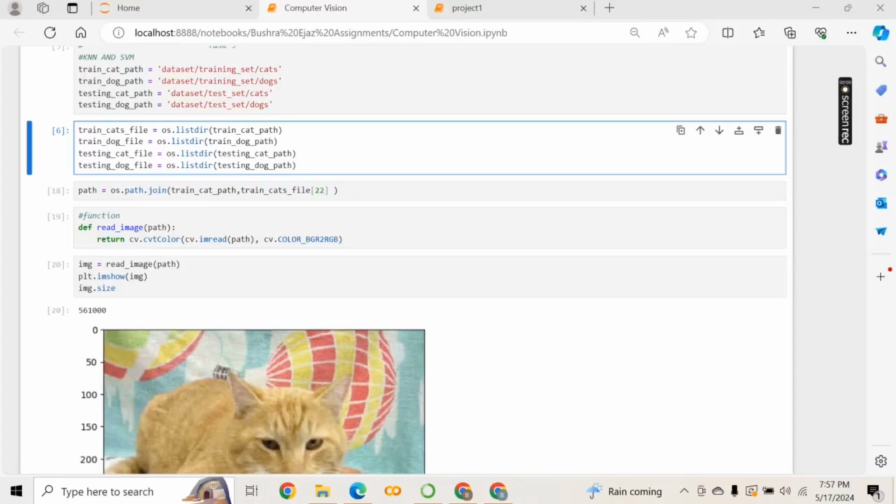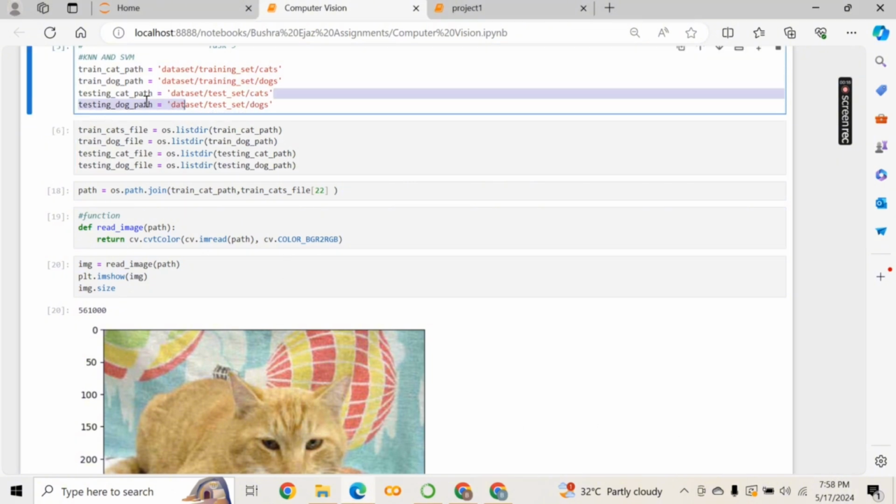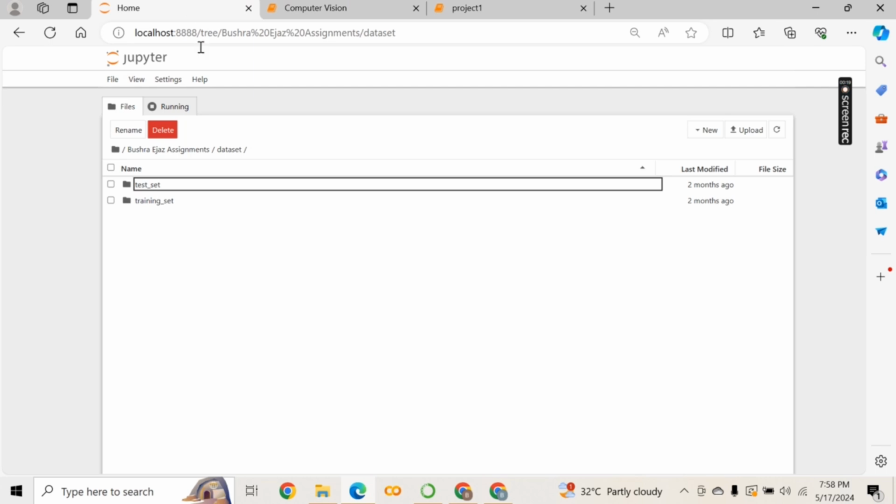Hello everyone. In this video, we are going to see how computer vision works through a machine learning pipeline. We are going to label the data and then we will use the machine learning classifiers KNN and SVM to check the accuracy. So here we have given the path of our data set. This is my data set